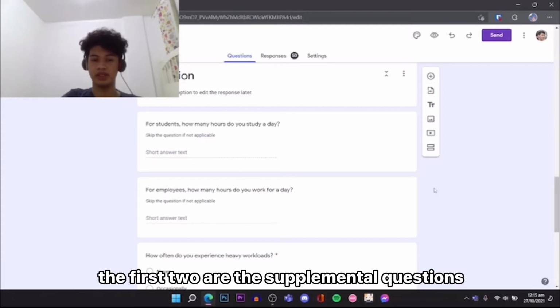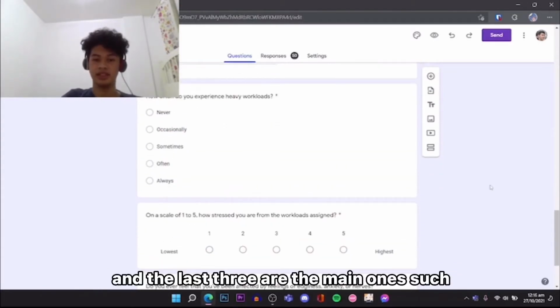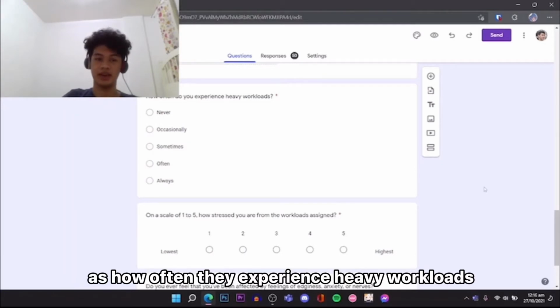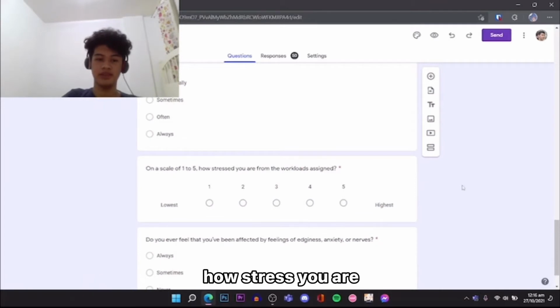The first two are the supplemental questions, and the last three are the main ones, such as how often do you experience heavy workloads, and on a scale of 1 to 5 how stressed you are from the workloads.